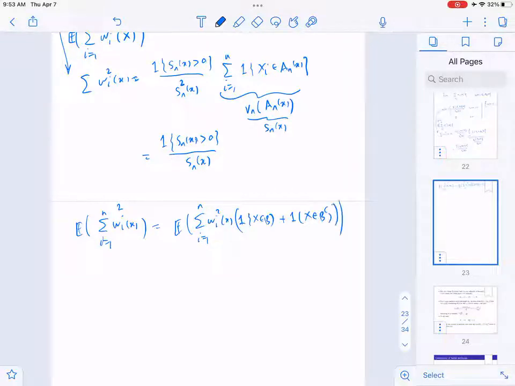So far, we haven't done anything. So when I multiply this out,